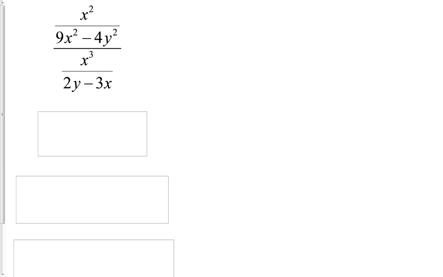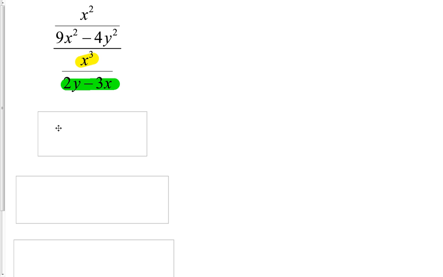So let's practice this one more time. This example, like one of the earlier ones, is a compound fraction. So we have a fraction within a fraction. The way that we do that is we take the 1 in the denominator and we flip it upside down